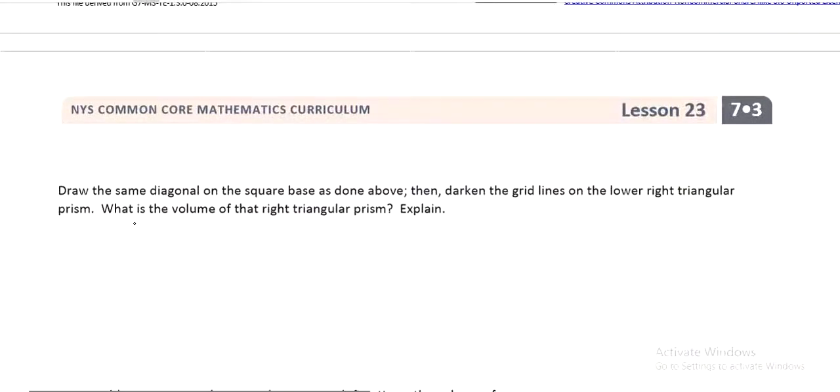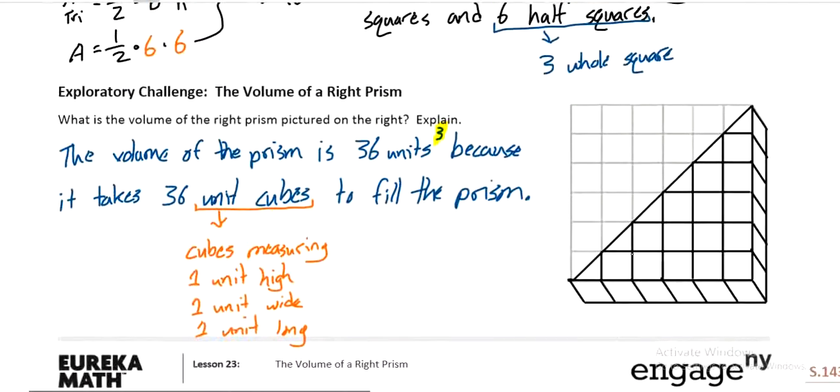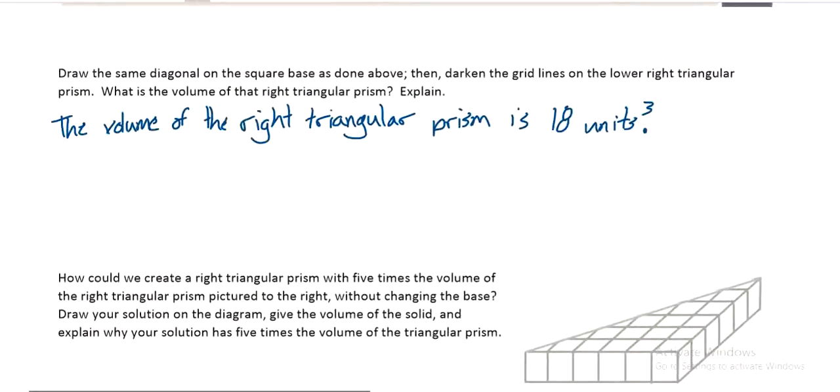They want us to find the volume of the right triangular prism. Well, volume, as we remember, is just how many cubes can fit inside this space. So I could count it. I could count 1 cube, 2, 3, 4, 5, 6, 7, 8, 9, 10, 11, 12, 13, 14, 15. 15 wholes, and 1, 2, 3, 4, 5, 6 halves, which is 3 wholes. So we will say on here that the volume of the right triangular prism is 18 units cubed,